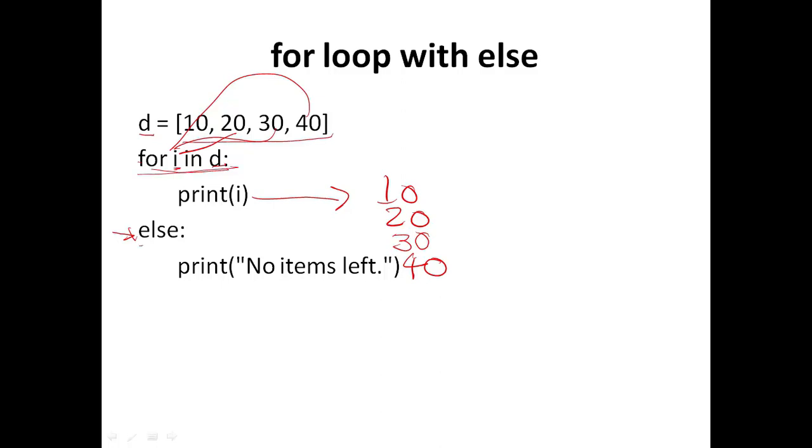So this else part will be executed, that means this line will be printed as it is, so the output will be no items left. So that's how Python works, and in Python it has a for and else concept.